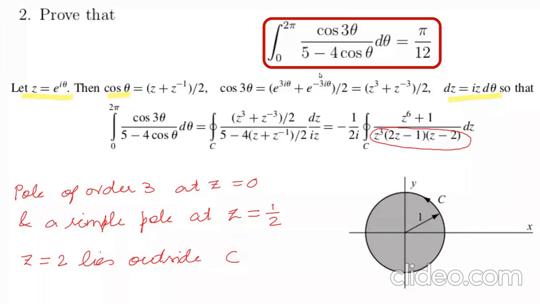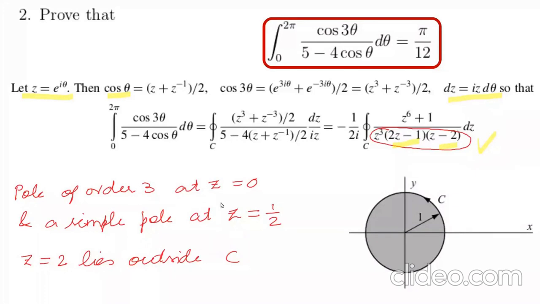So the integration will now again be converted to the contour integration, where the contour C is a unit circle again. So this is your complete integration. But now if you consider the denominator, there are actually 3 poles. One pole is at z equals to half, another pole is at z equals to 2, and also there is a pole of order 3. Actually, z equals to half and z equals to 2 are the simple poles, but z equals to 0 is a pole of order 3.